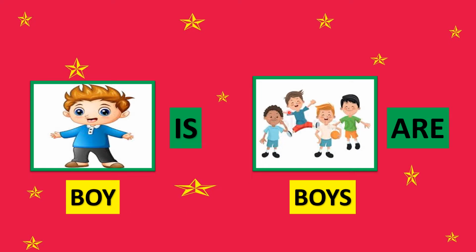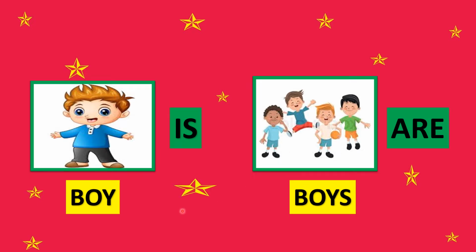Okay, now look at this picture, children. How many boys? Four boys. More than one. That means many, isn't it? So in many we use S, isn't it? So see, I have written here B-O-Y-S, boys. Okay, here only one boy, that's why no S. See here, here many boys, that's why we will use here what? S. Okay, if one, no S, and if many, then we have to add S.